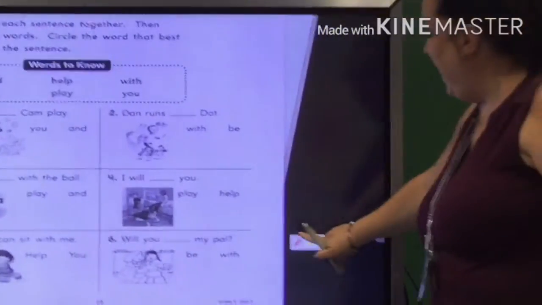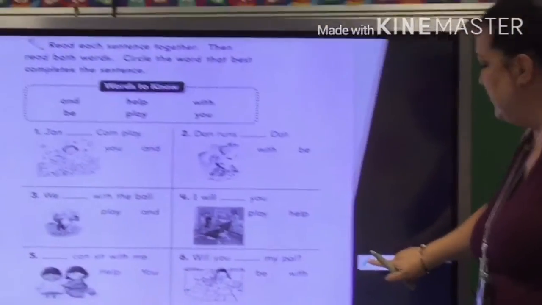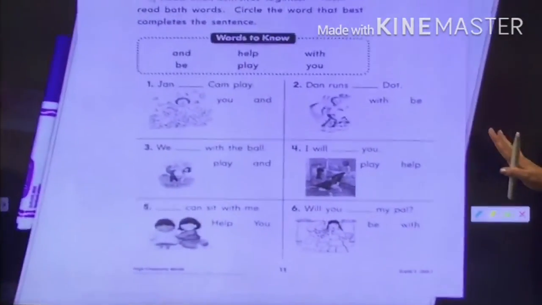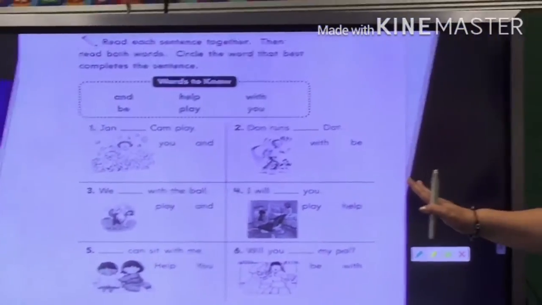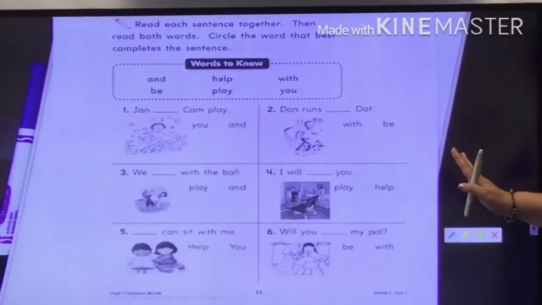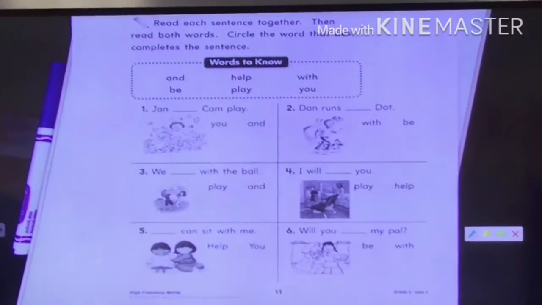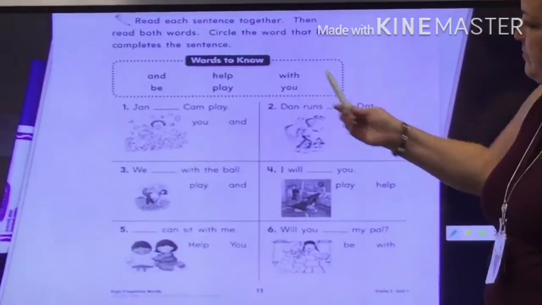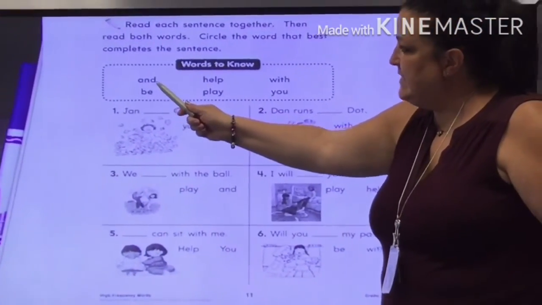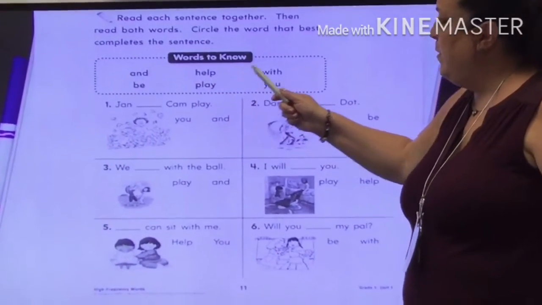We're talking about our high frequency words again. Now, some of you have this worksheet, and if you're hybrid, you have this worksheet. If you're distance, you don't. We weren't allowed to send worksheets home. So you're just going to have to do it with me if you're distance. Say the words with me. Ready? And, help, with,